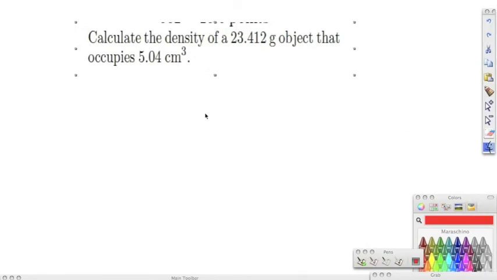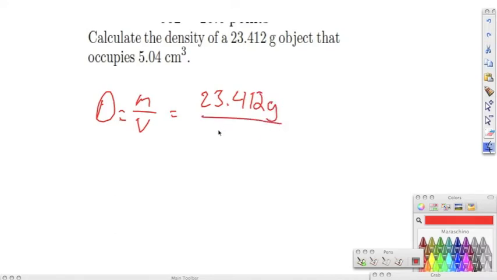Okay, first question, it says calculate the density of a 23.412 gram object that occupies a 5.04 cubic centimeter space. Okay, on this question, we know that density equals mass divided by volume. We get this off of our formula chart. We go ahead and plug everything in. We have a mass of 23.412 grams, and we divide that by our